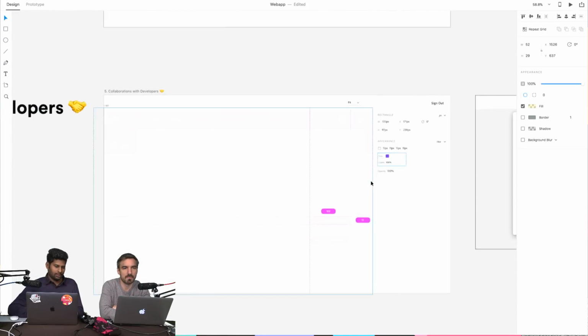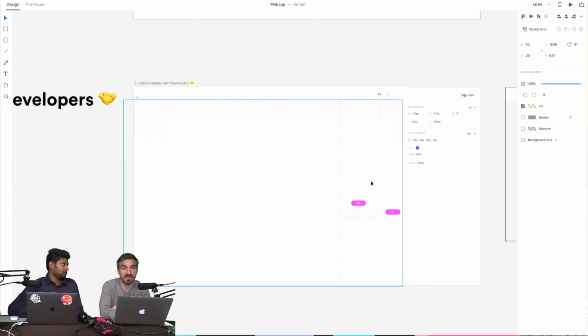And the fifth thing is collaborating with developers. It's a very critical part. Every designer will face questions like, how many pixels will this image be? What is the button size? What color did you use? This is how I last designed when I did it in Photoshop, I think, two years ago.